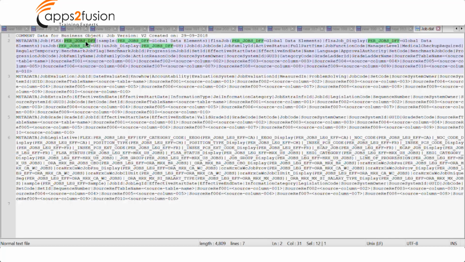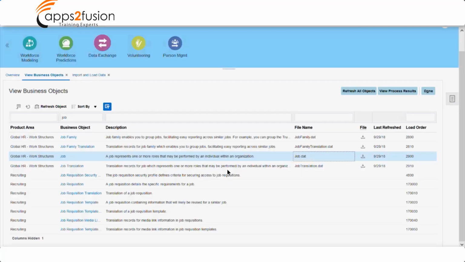But if you see here, these are the DFFs. These files include the DFF and EFF setups. So when you're doing any new setup-level changes, you have to regenerate the .dat file, so that your latest setups will get reflected in it. That's the reason we have this option.